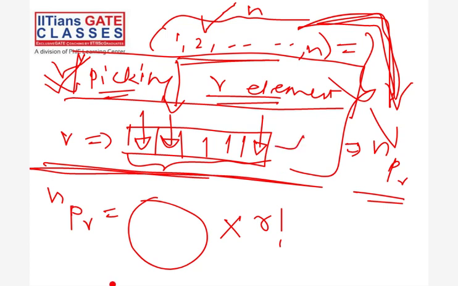So you can see here we are multiplying, because there is an 'and' there. We are going to use the product rule. So far we do not know how many ways there are to do the first task, which is picking r elements, and we are heading toward nCr. Let's assume there is some formula that somehow picks our elements, and this formula is actually giving us